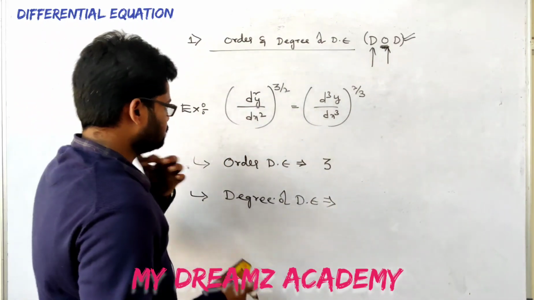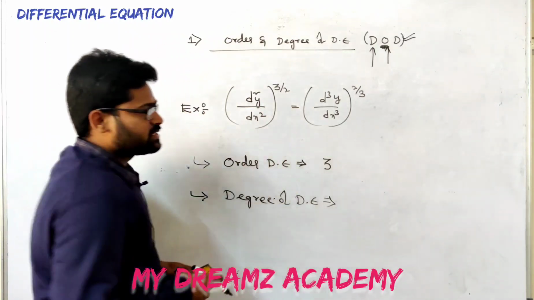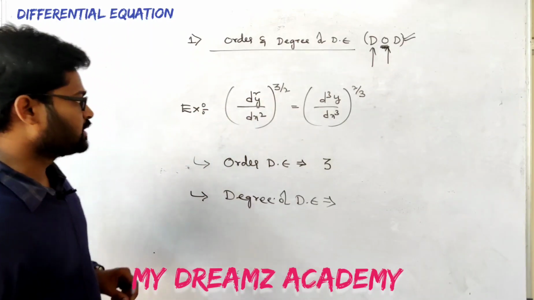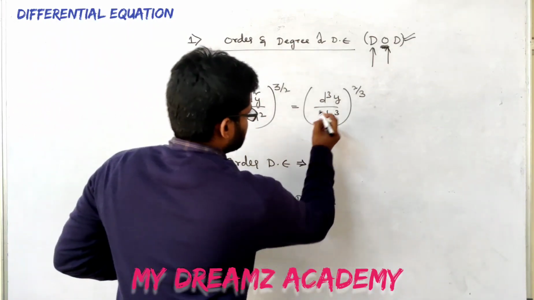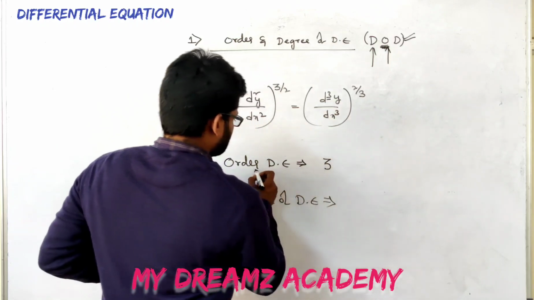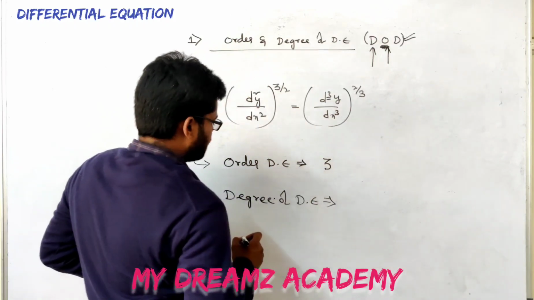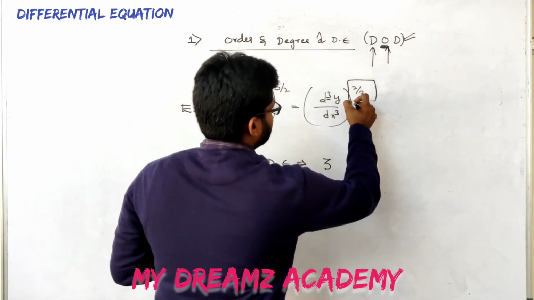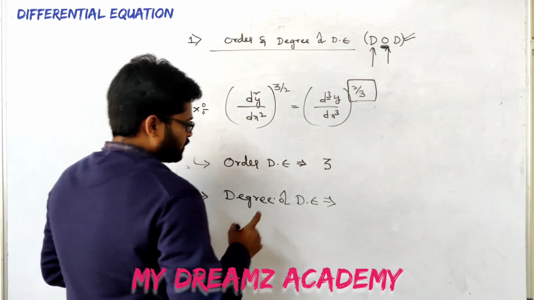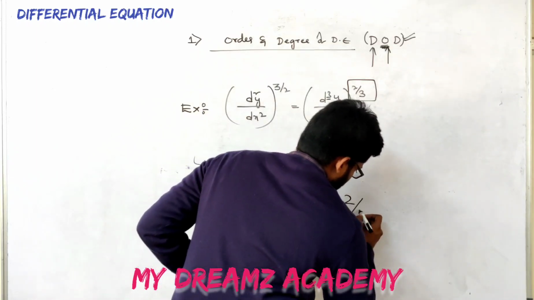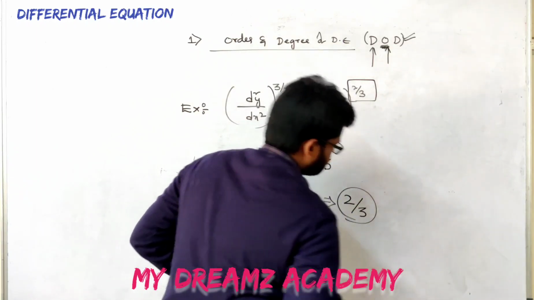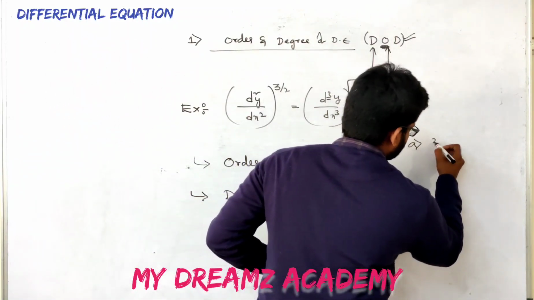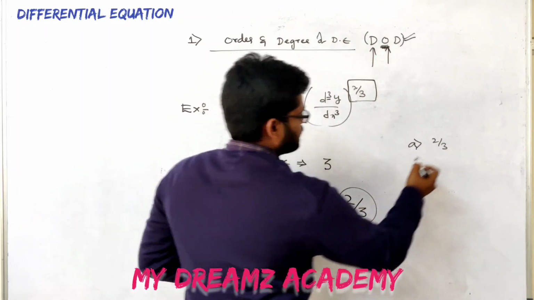See, the common mistake that people generally make in this kind of problem is that they directly see that this is the highest order of the differential equation and the power of this coefficient is 2 by 3. The power of this coefficient is 2 by 3. The people go and choose this option, 2 by 3. The very first option they will give in the exam is 2 by 3. So it is absolutely wrong.